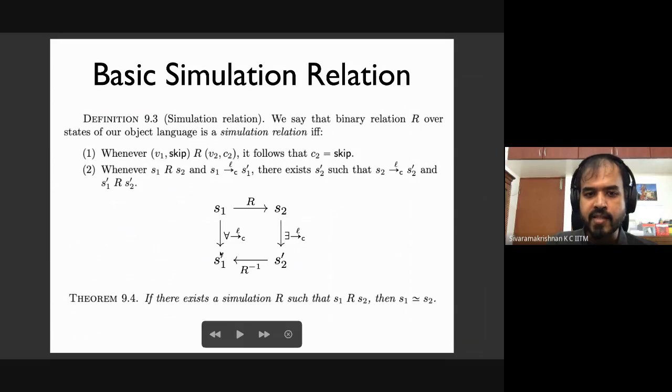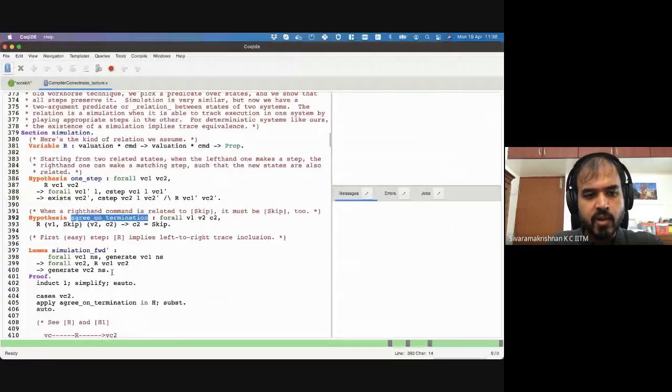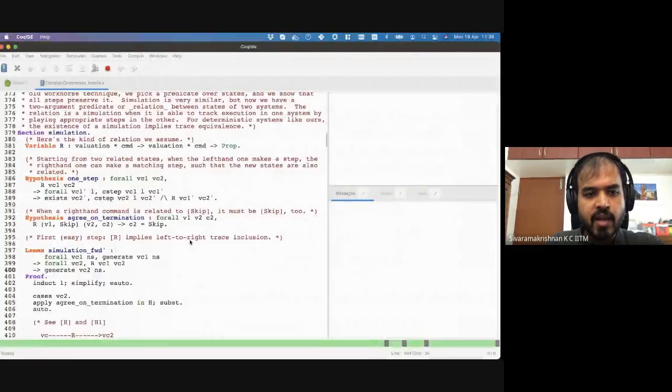I'm going to assume that I can take a step here. For every trace that is produced here, I produce an equivalent trace here. And I'm going to do backwards next, which is for every trace that is produced here, I'm going to produce a trace on the other side as well. Right? Let's do simulation forward. And what do I mean by the traces here? To formally translate it,